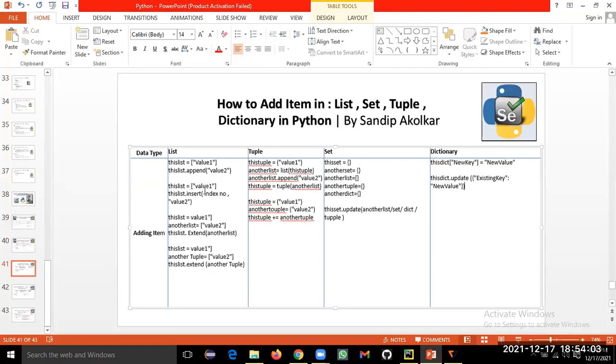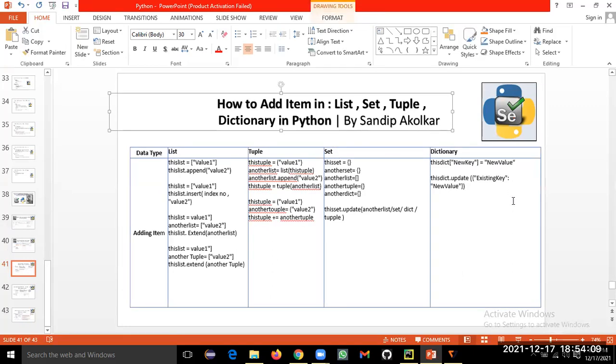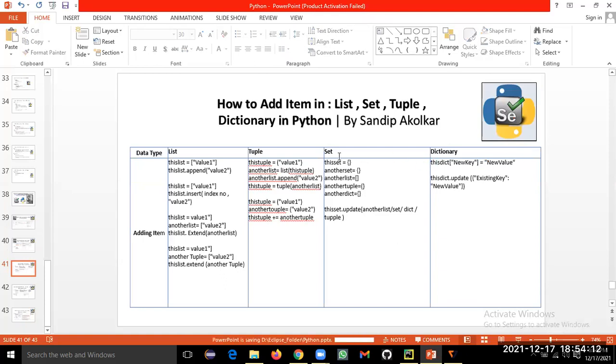So this is how we can add or append the values in the list, tuple, set, and dictionary. Very interesting, guys. If you try to do the practical, you will get the proper hands-on with it. And if you learn all this together feature-wise, you will easily remember it. You can face the interviews whenever you actually automate the test cases. You will have a chance to remember and compare and understand what can be used here. So that's all about adding the item in list, set, and tuple.